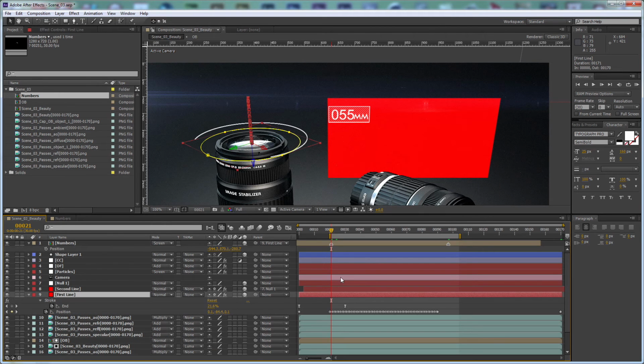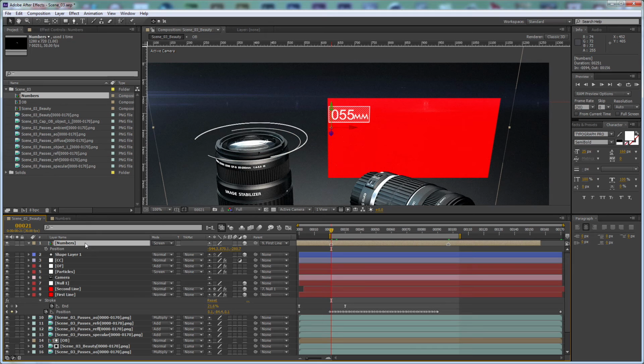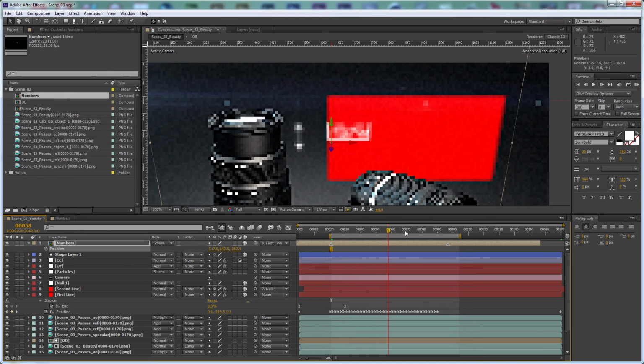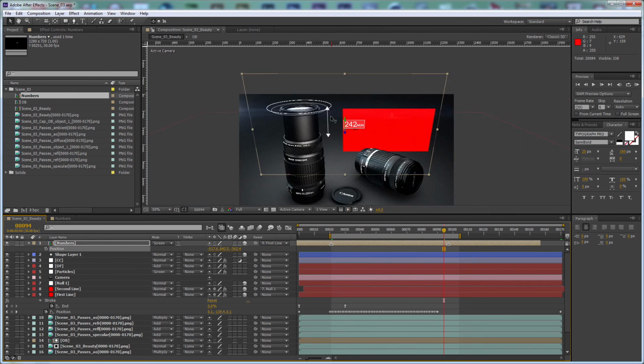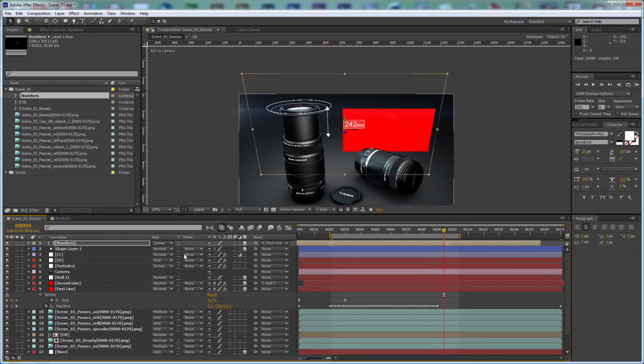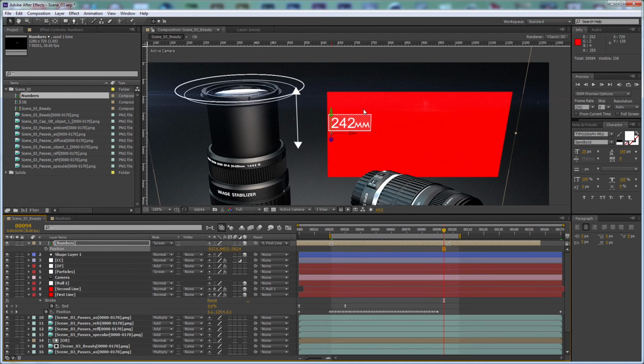For example, let's see the first line. It starts here, and let's move it at this point, and let's see how it animates. And that's because it's further in 3D space, that's why it doesn't animate as we expect. So let's set this to none